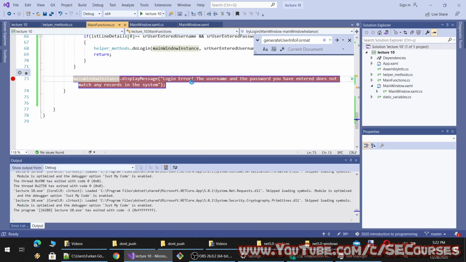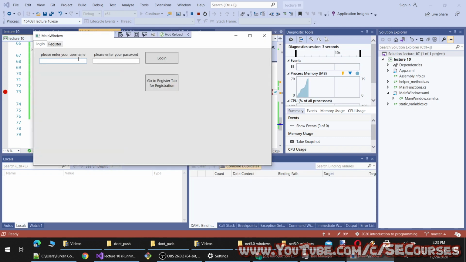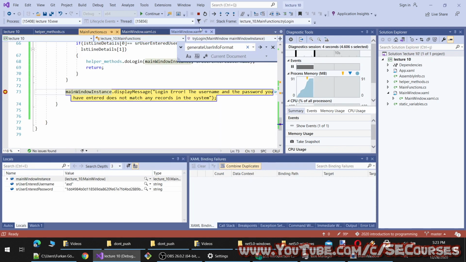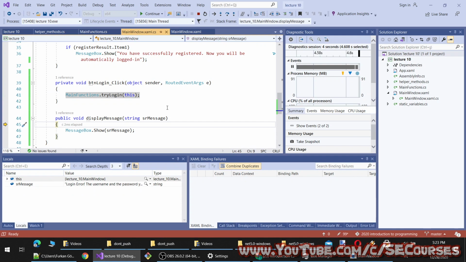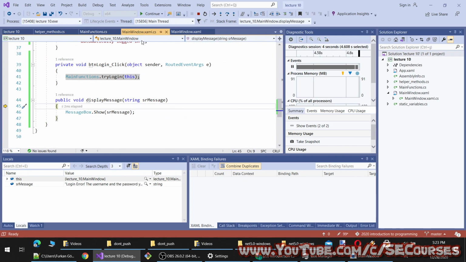Let's move to here. Okay, I am going to step into. You see now it is going back to my main window class instance, and it goes to the display message method.